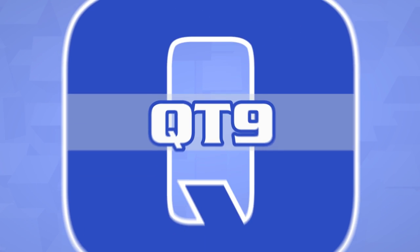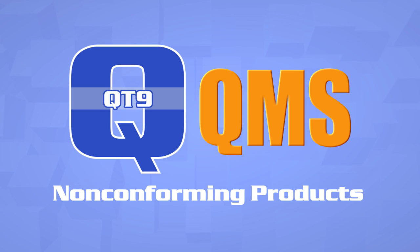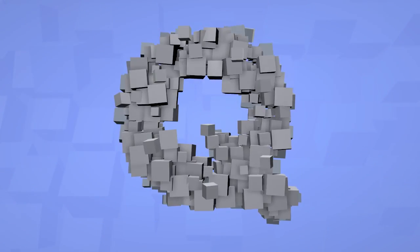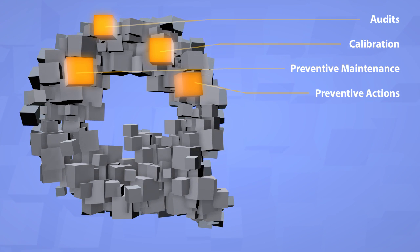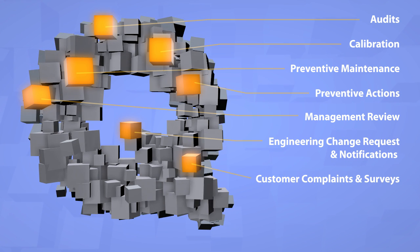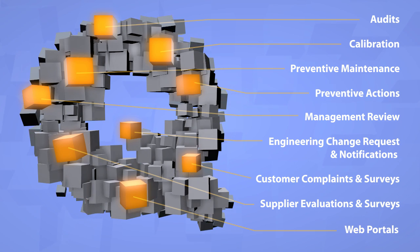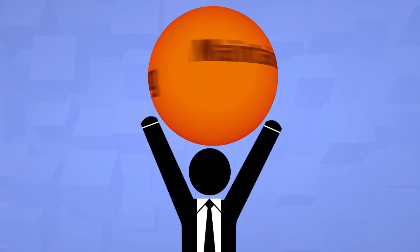You've just seen a little of the functionality that QT9 QMS provides, including corrective actions, non-conforming products, training, and document control. But this powerful solution also includes modules built specifically for audits, calibration, preventive maintenance, preventive actions, management review, engineering change request and notification, customer complaints and surveys, supplier evaluations and surveys, as well as web portals for customers, suppliers, and employees. QT9 QMS delivers a complete software solution that takes the guesswork out of compliance, training, storing, and maintaining